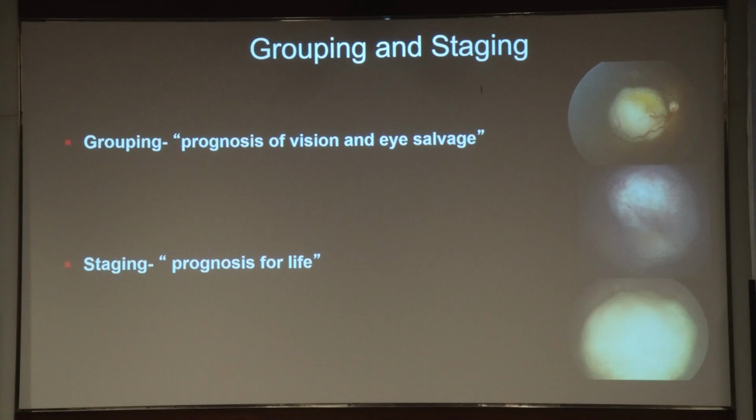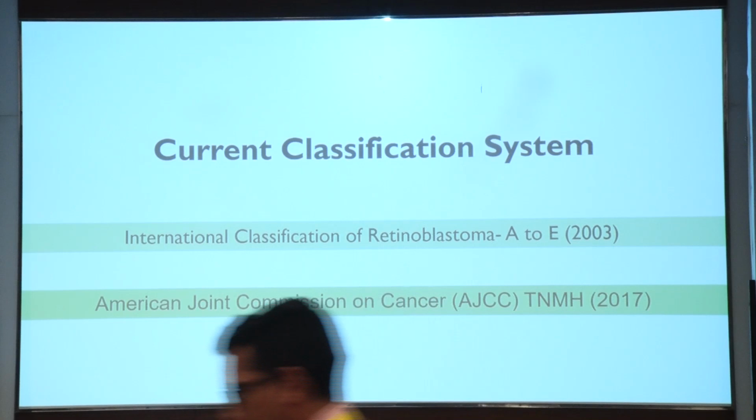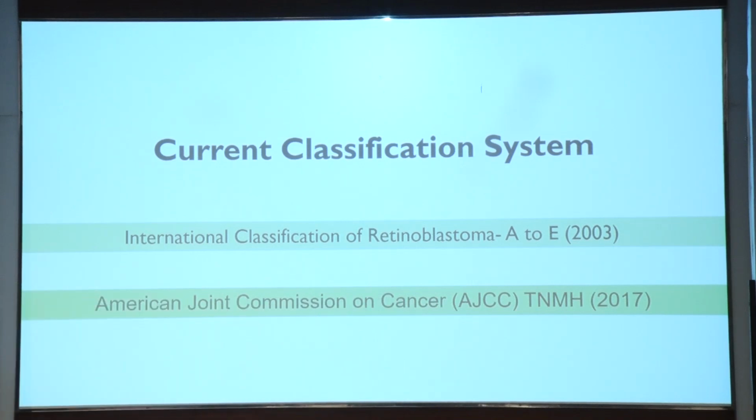Now, grouping and staging in retinoblastoma. Grouping is basically for prognosis of vision and eye salvage, and staging is basically for prognosis for life. The current classification system that we use is the International Classification of Retinoblastoma. I'm sure all of you know about it, A to E. It's very easy, universally used, and was put forward in 2003, and the American Joint Commission on Cancer, AJCC TNMH